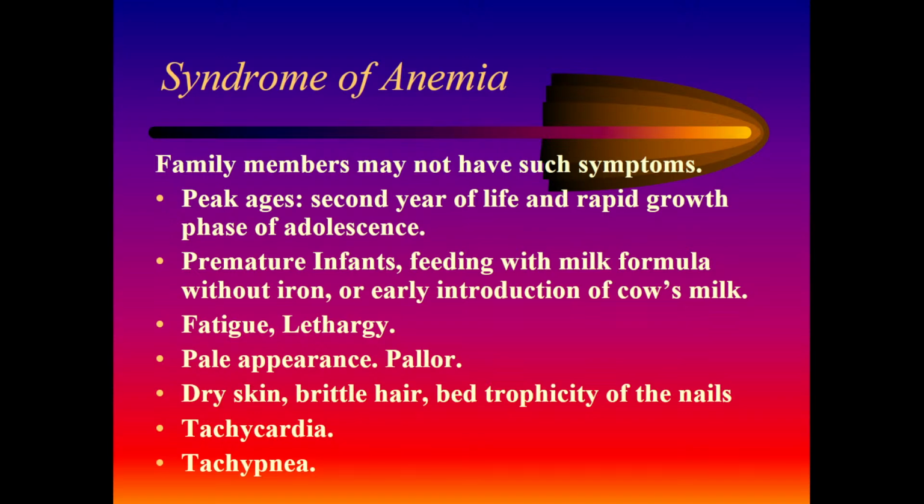Syndrome of anemia include family members maybe not have such syndrome, peak age, second year of life and repeat growth phase of adolescence, premature infants feeding with milk formula without iron, or early introduction of cow milk. It may be a risk group of syndrome of anemia,